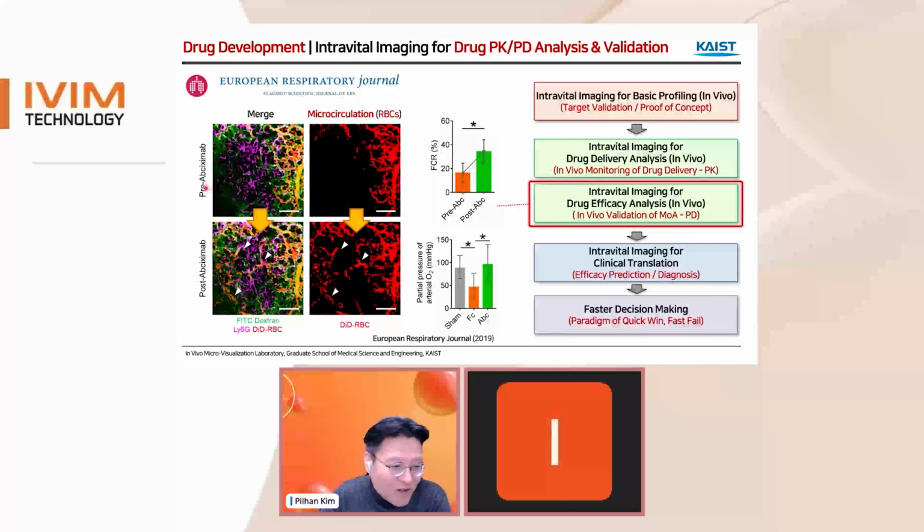But after some drug treatment, so this is before treatment and this is after treatment, we can directly see the recovery of the red blood cell microcirculation, as you can see in this example. So we identified the neutrophil as the cause of this microcirculation disturbance, and by targeting this neutrophil, we can recover the microcirculation. So this is one good example of how we can use intravital microscopy, intravital imaging, for drug efficacy analysis in an in vivo